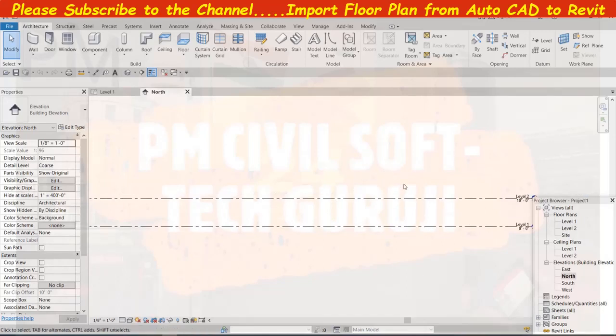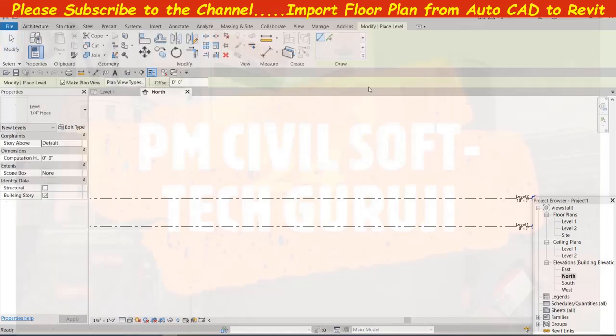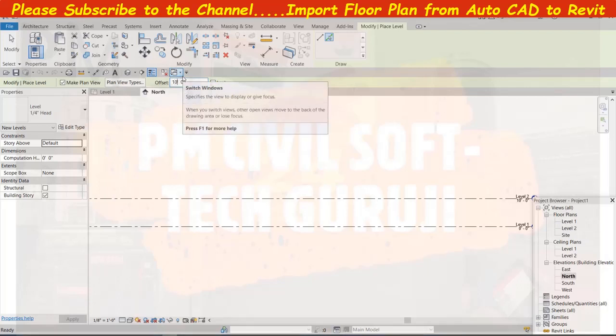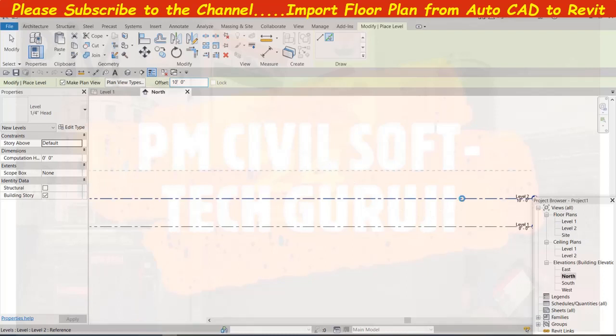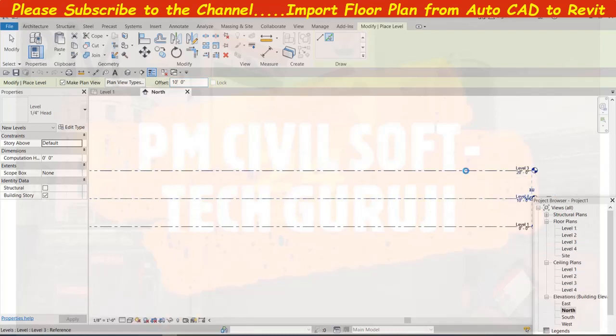For a G plus 2 story structure we want ground, first, and second. So we'll add them. For that, go for Level, then use Pick Lines with an offset of 10 feet, press Enter, and then click here, click.